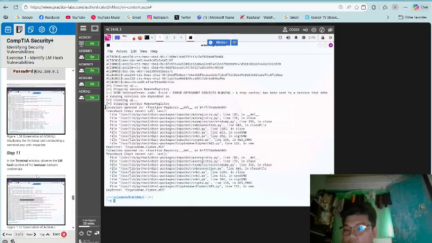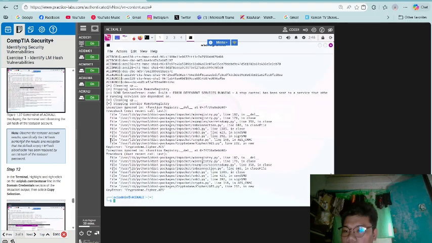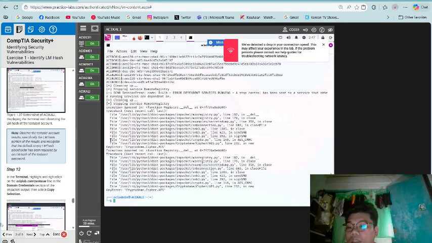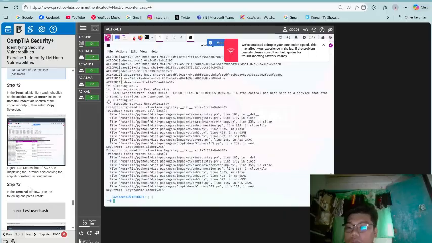In the terminal window, observe the LM hash portion in the test user dump credential. Note, observe the test user account result specifically in the LM hash portion of the result and recognize that the default empty LM hash placeholder has been replaced by an LM hash of the test user password.